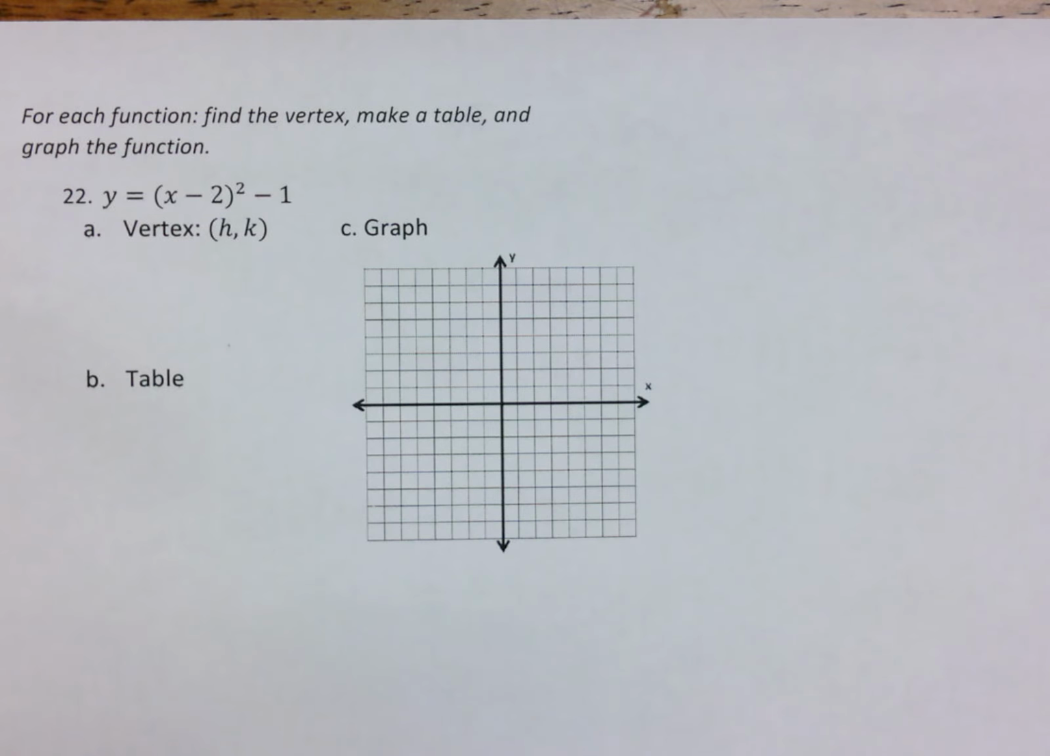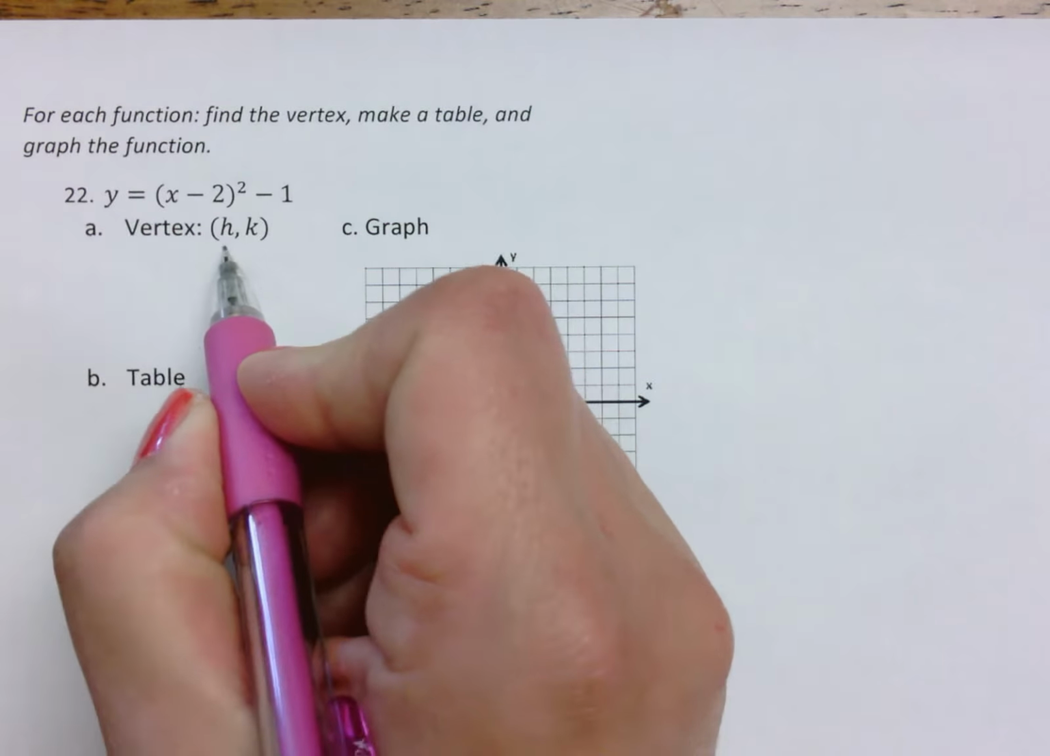These are questions 22 and 23 from the Unit 3 review. For each function, find the vertex, make a table, and graph the function. So, 22 and 23 I've done separately because they're in vertex form, which is different than standard form for questions 24 and 25. So the first thing we want to do is make sure we know where